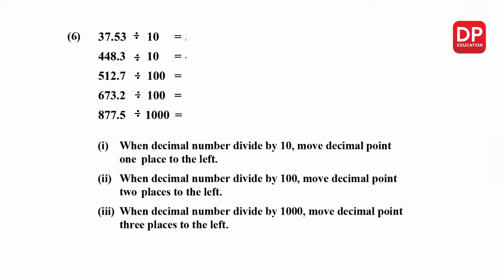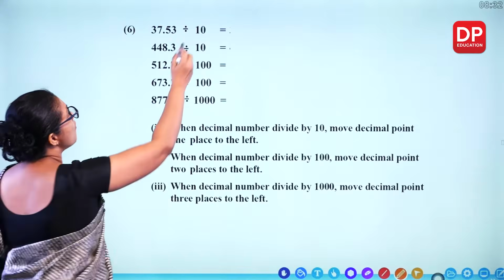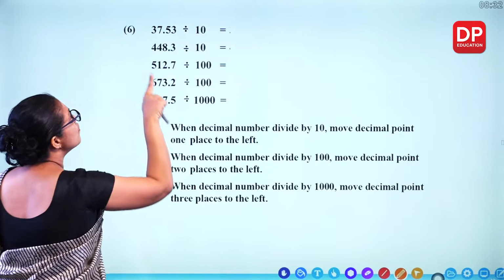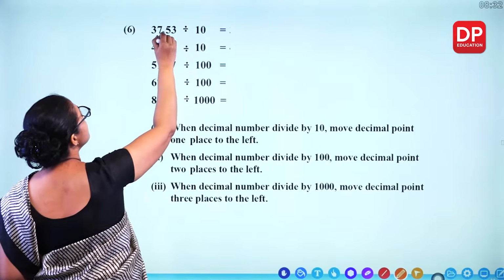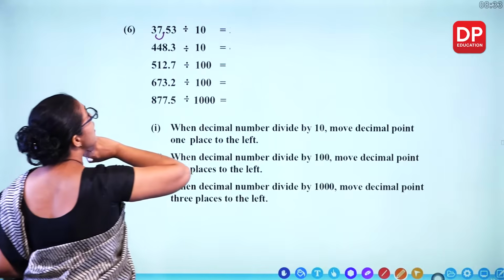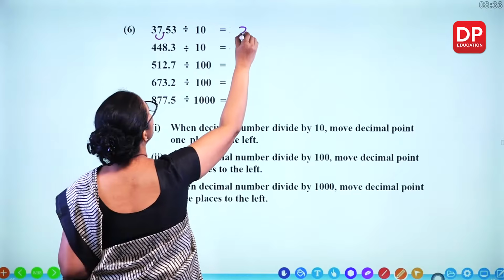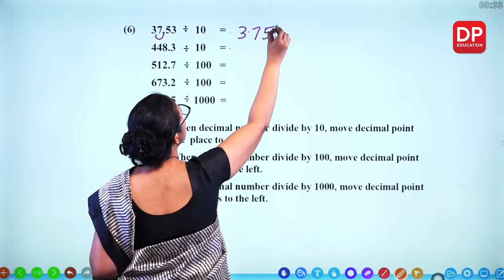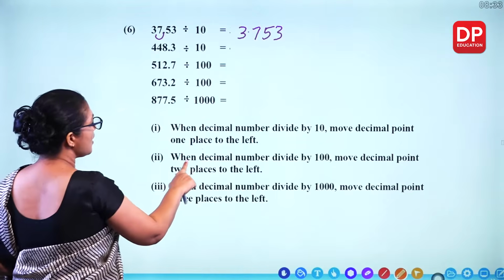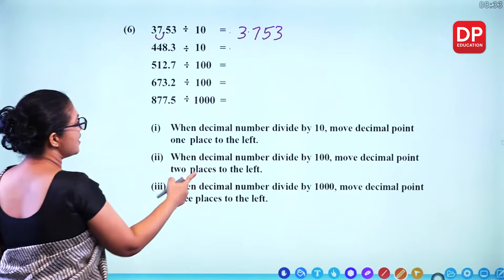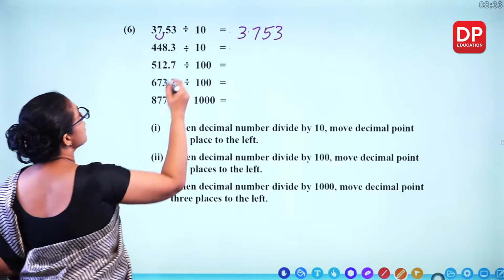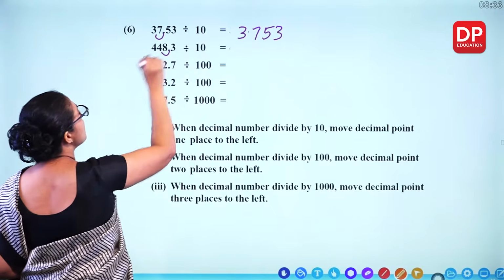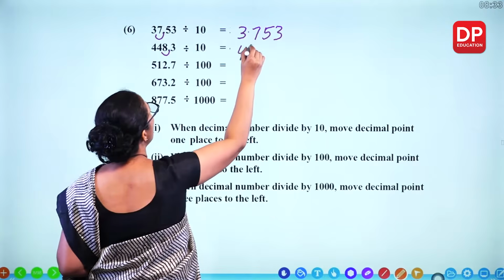Division, other way around, moves to the left. If there is one zero, move to the left by 1 place. So here divide by 10 means move the decimal point 1 place to the left. 3.753. And if it's 100, move the decimal point 2 places to the left. Here this is 10, 1 place. So